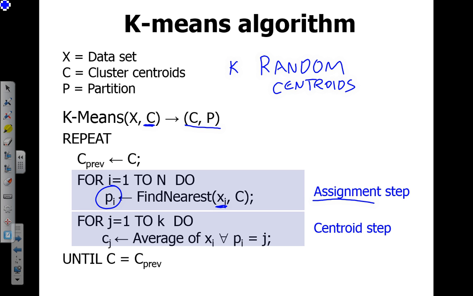And after this has been done, then at the second step, the centroid step, we recalculate the new centroids for every cluster. So if these points have been clustered together in the same cluster, no matter where the original centroid was, so let's suppose the centroid was here, and all of these were nearest to that. Now the centroid step calculates the average, the mean vector of all of these in this cluster, and sets the new centroid in this average location. And then it repeats these two steps.